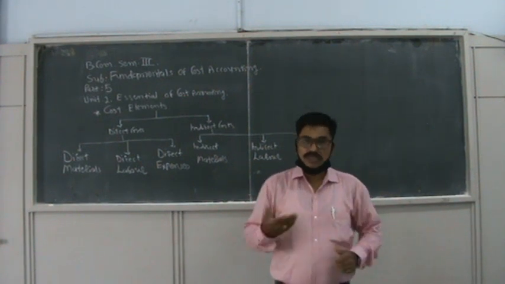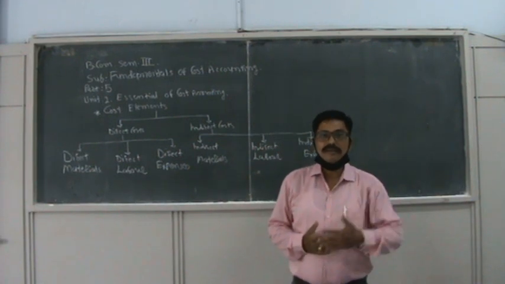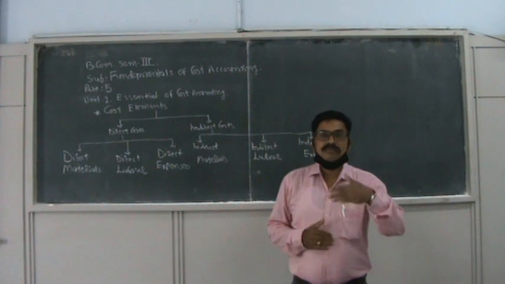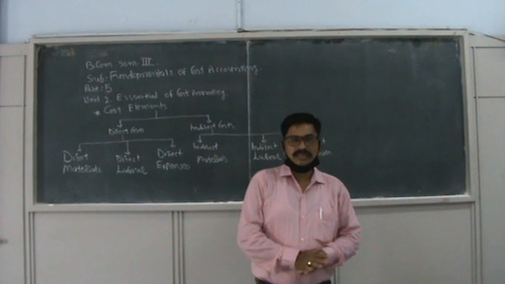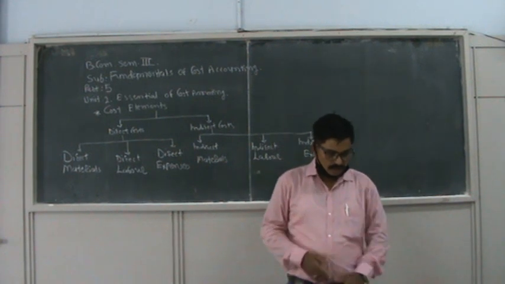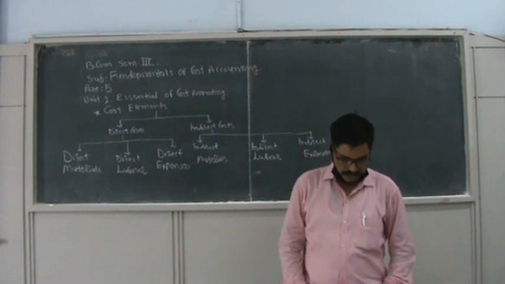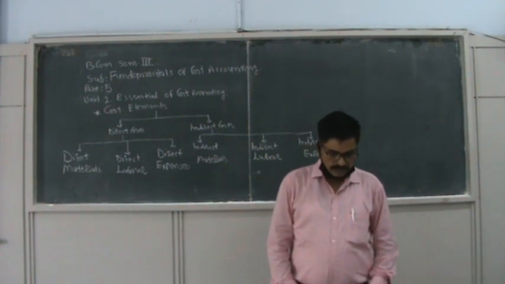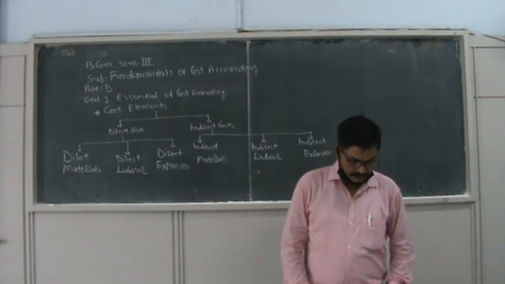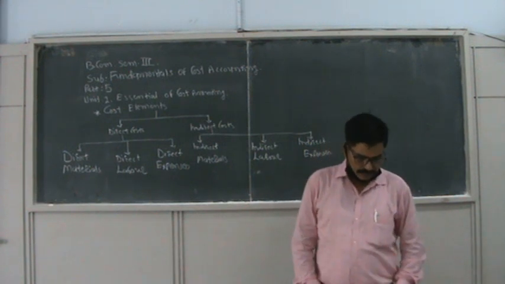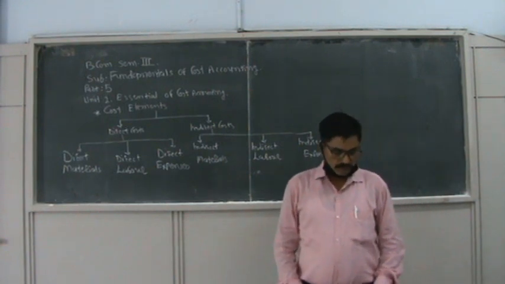When we learn the fourth unit of this subject, we will prepare the cost sheet. After the prime cost, we will add factory expenses to the prime cost so that we can find out the factory cost or works cost. So production overhead, also known as factory overhead, is also one of the elements. We can say manufacturing overhead also. Indirect material, indirect labor, and indirect expenses are generally included in the production overhead.